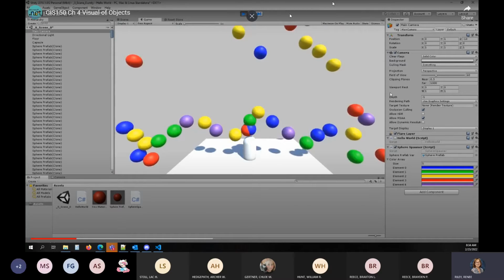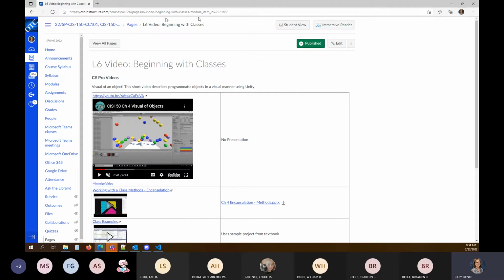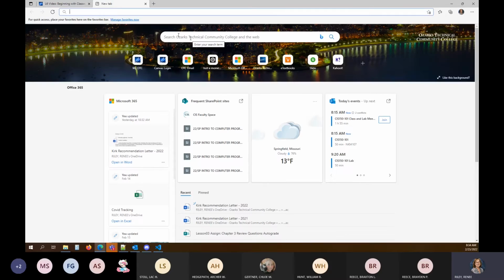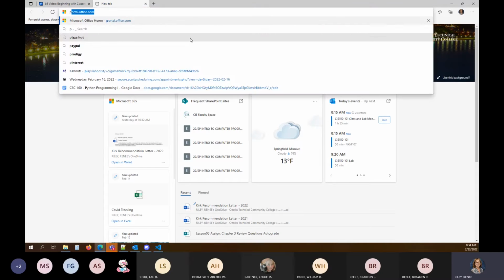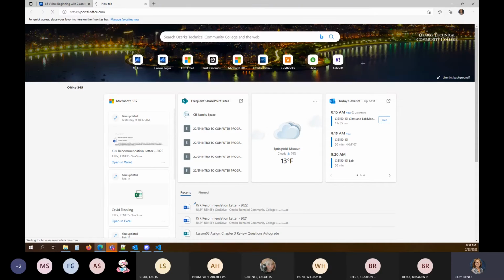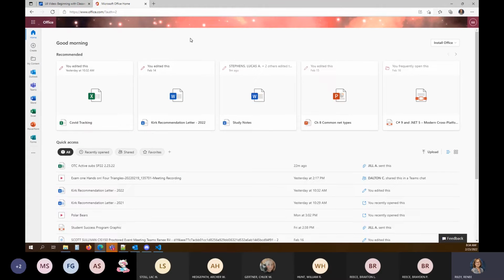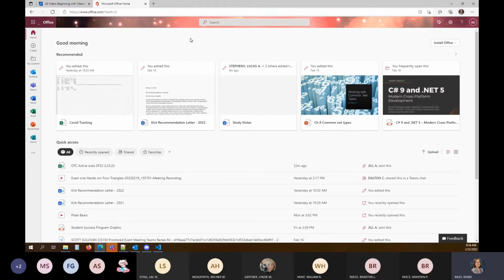Okay. So let me minimize this and let's go create a UML diagram to match this. Go with me to portal.office.com and let's log in using your OTC account. I'm already logged in. And a UML diagram